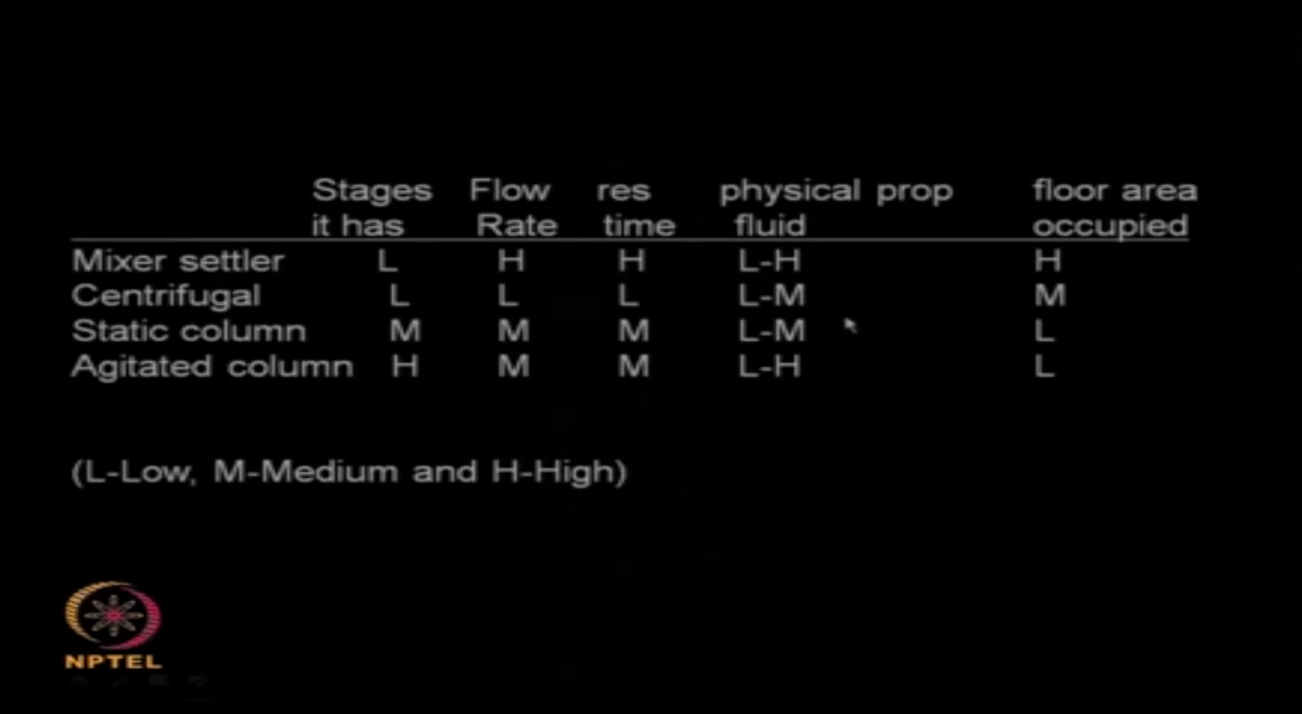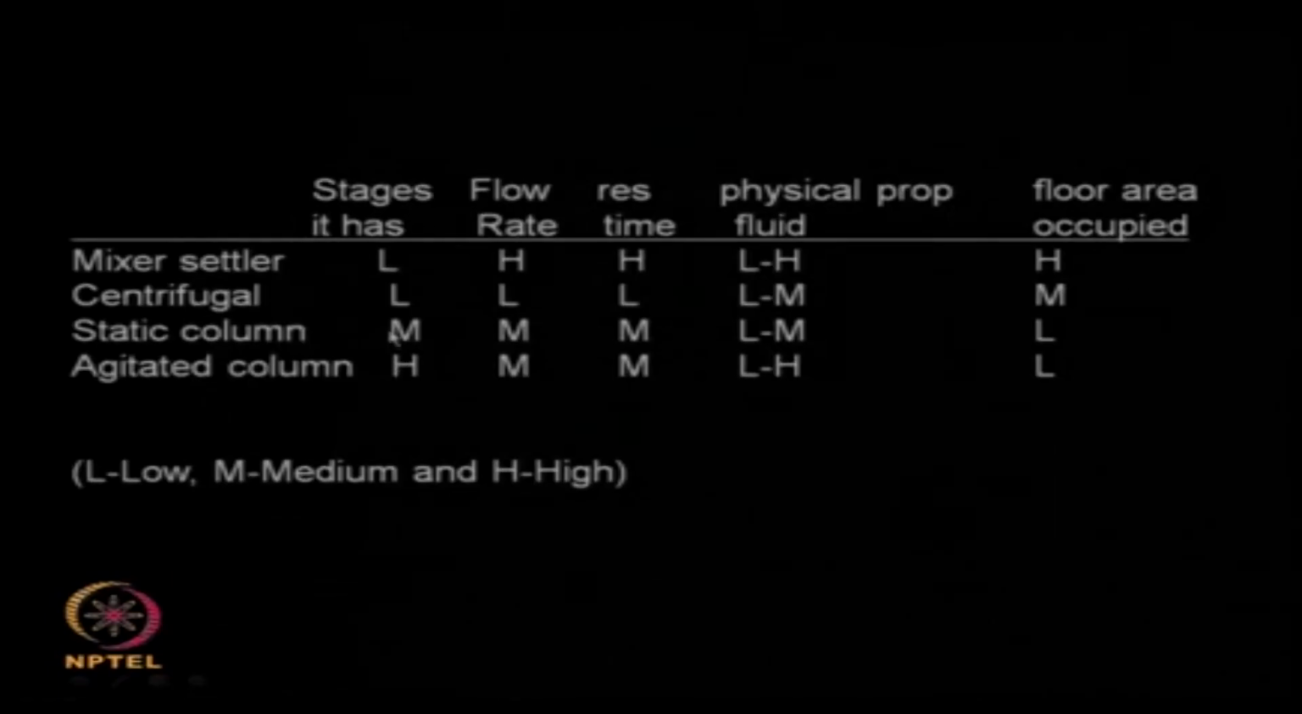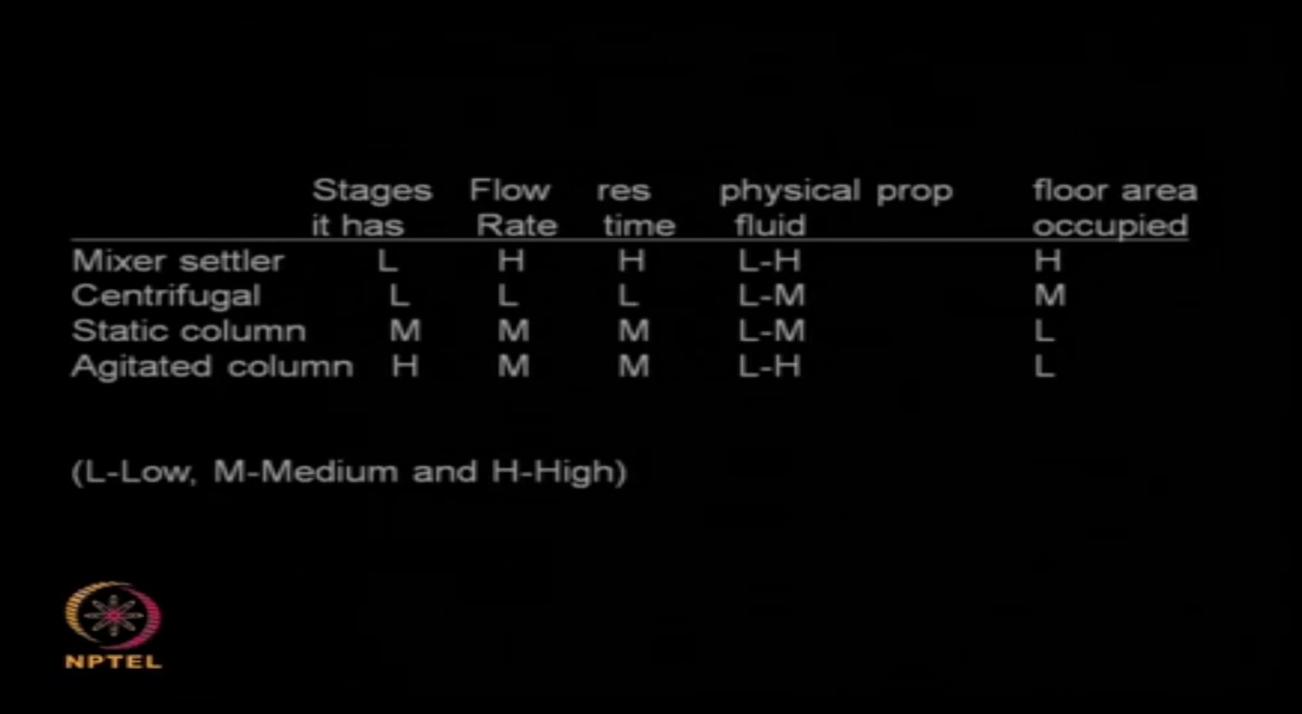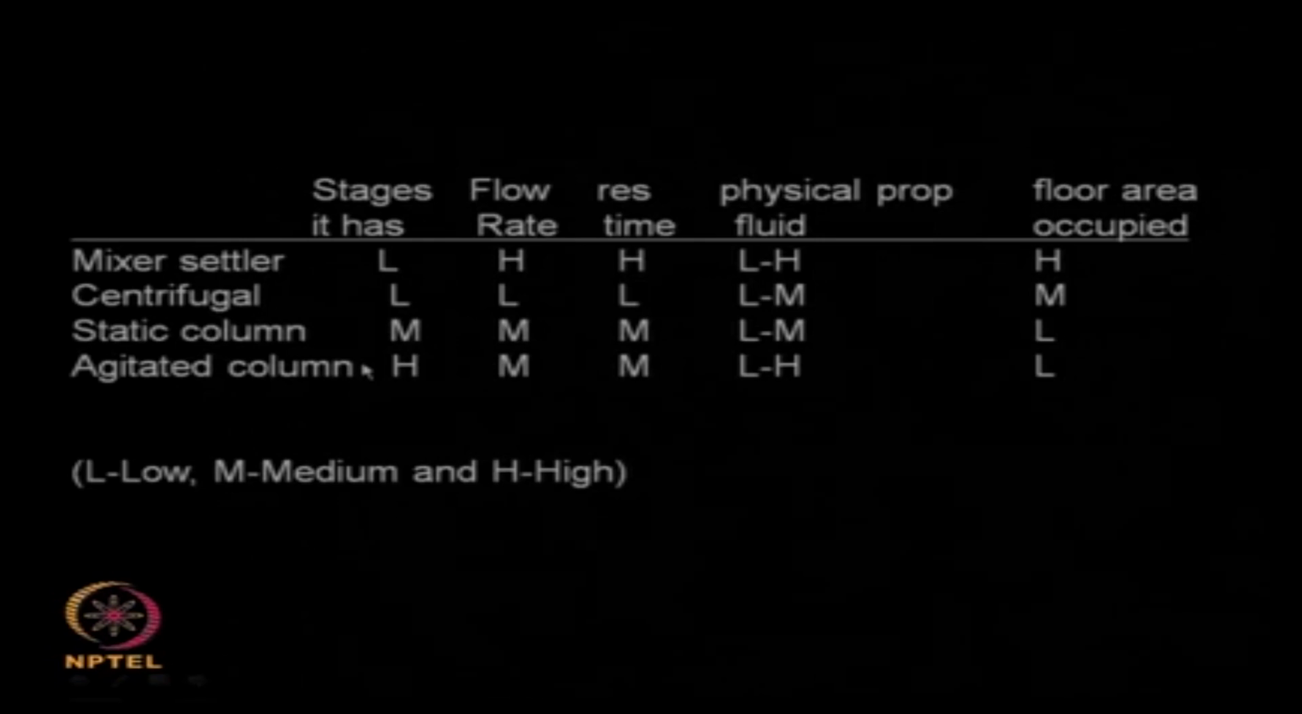Centrifugal also has a few advantages, but the number of stages are minimal. So I may have to have 2 or 3 different types of centrifuges if I want to perform a centrifugal type of separation. Static columns are good, it does not require any mechanical agitation, that means you do not require motors for agitating your column, but the number of stages are much less when compared to agitated columns. So that is the disadvantage of a static column, but the main advantage is I do not require a mechanical agitator,